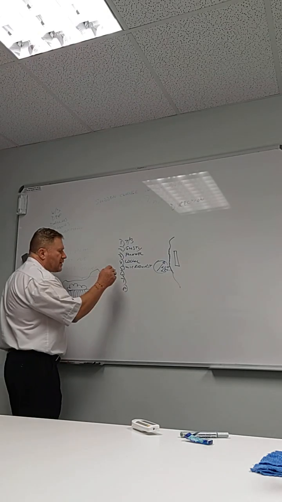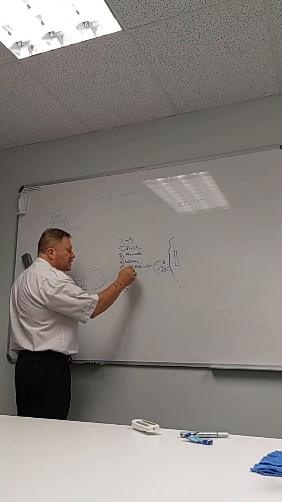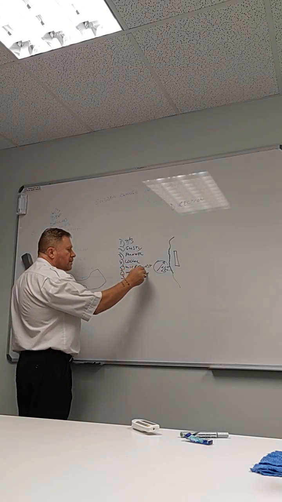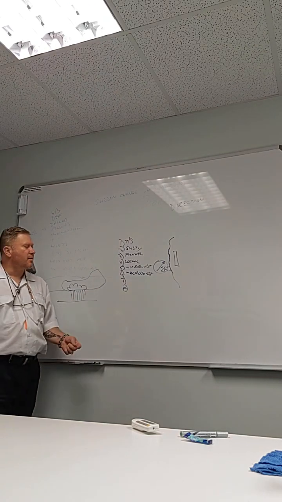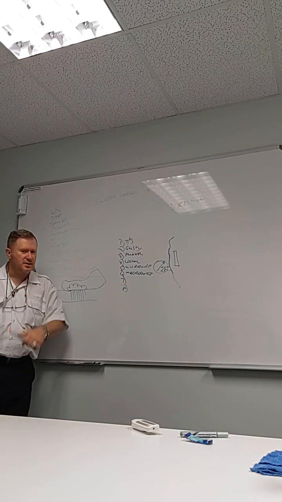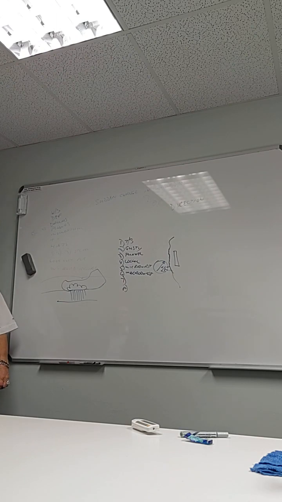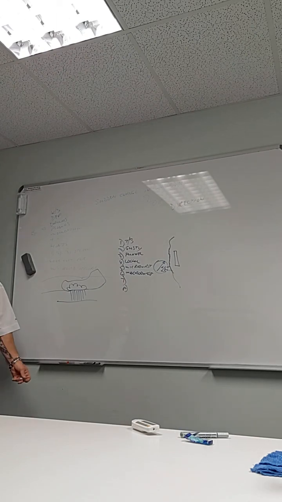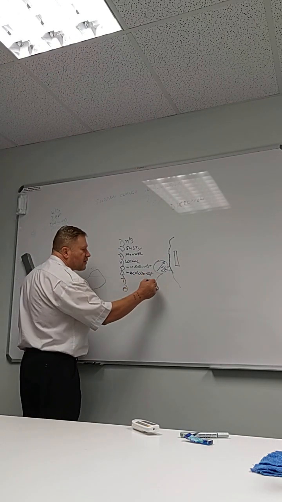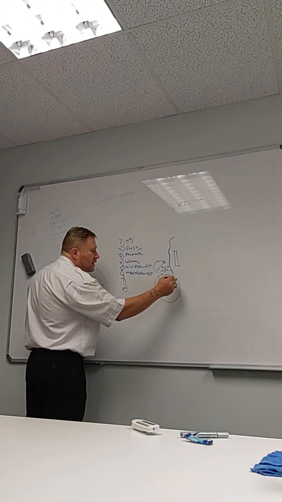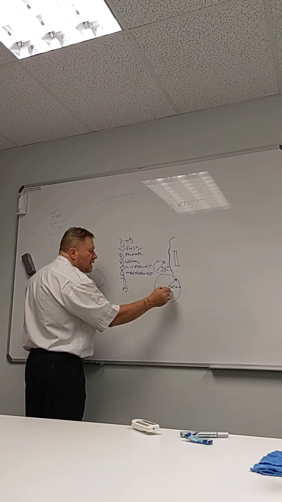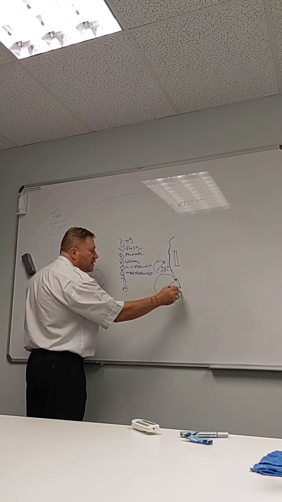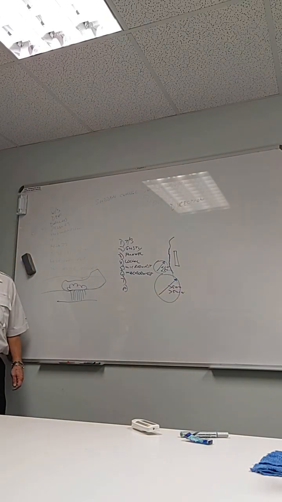Alright, then you've got a macroburst. One guy very cleverly, I was discussing this and I said, what's the definition of a macroburst? So he sat in the back of the class, he said, it's bigger than a microburst. So I know, but what's the definition? Right. So the definition of a macroburst is the diameter is more than 5 nautical miles and more than 5 minutes in duration. Just bigger than a microburst.